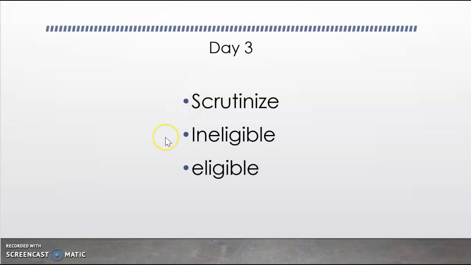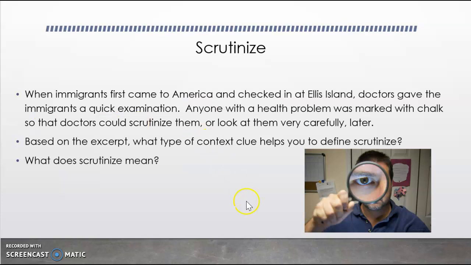Scrutinize, ineligible, and eligible. Let's take a look at the first example. You see this gentleman with a magnifying glass, so he's looking at something closely. When immigrants first came to America and checked in at Ellis Island, doctors gave the immigrants a quick examination. Anyone with a health problem was marked with chalk so that doctors could scrutinize them or look at them very